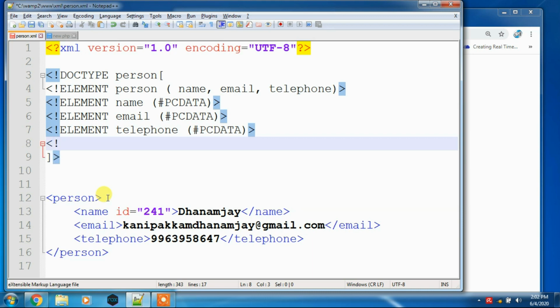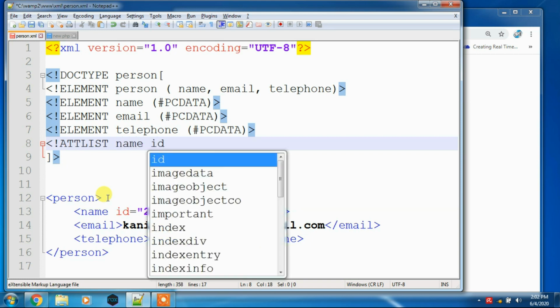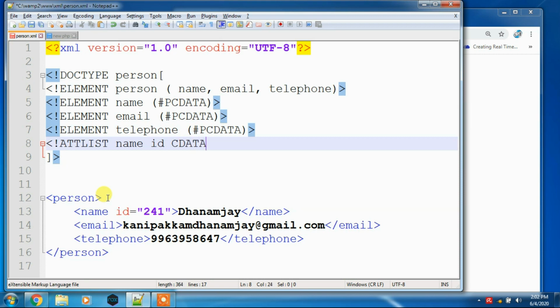So you have to call the attribute list. For name you are giving an attribute ID with CDATA, character data, right? What is the ID you have to give now? 241, right? So there ends the attribute list.